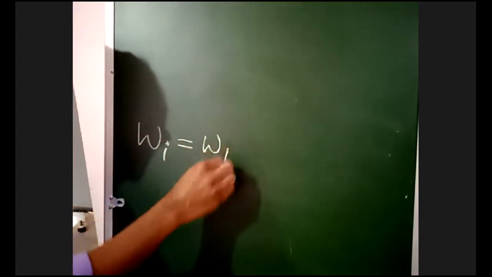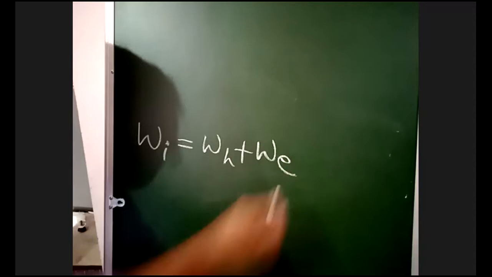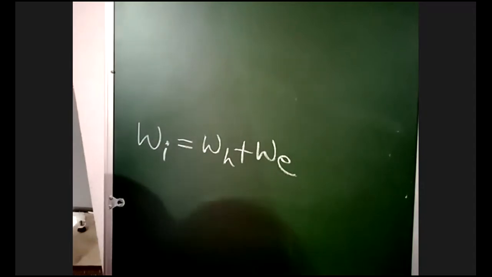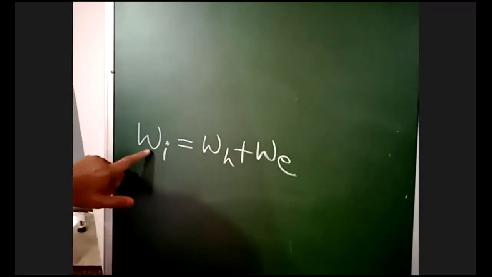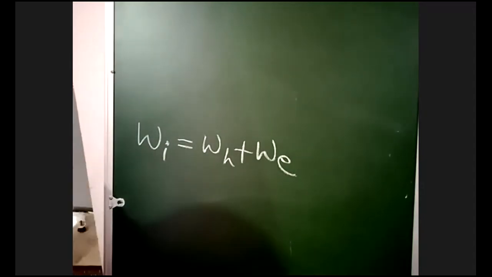Okay. Now can you tell me where the eddy current loss is occurring? In the iron piece. Hysteresis loss is also occurring in the iron piece. Now, total iron loss Wi, where i means iron piece, is equal to hysteresis loss plus eddy current loss. That is nothing but the total iron loss.